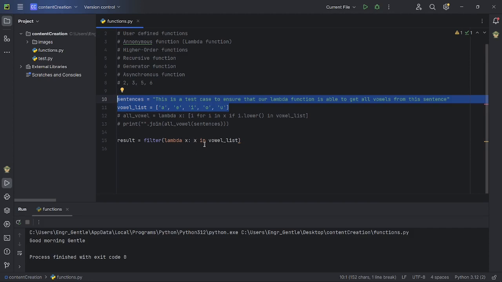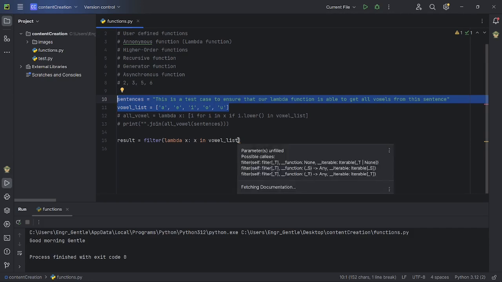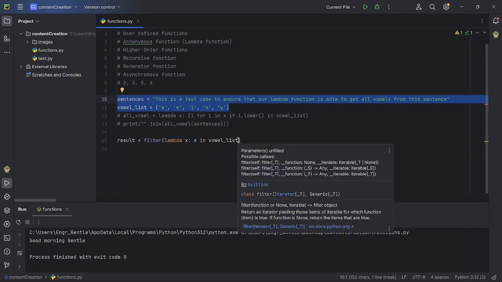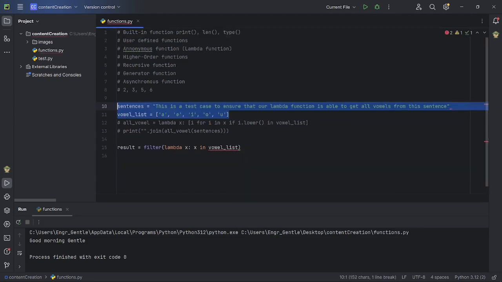What this means is, track every character of the sentence that is in the vowel list. The filter function takes two arguments. The first thing it takes is the function itself, and the second thing it takes is the iterable that the function will be performed on. So I'm going to pass sentence right here. What this simply means is filter every character that is found in the vowel list from this sentence. Now if I print result,